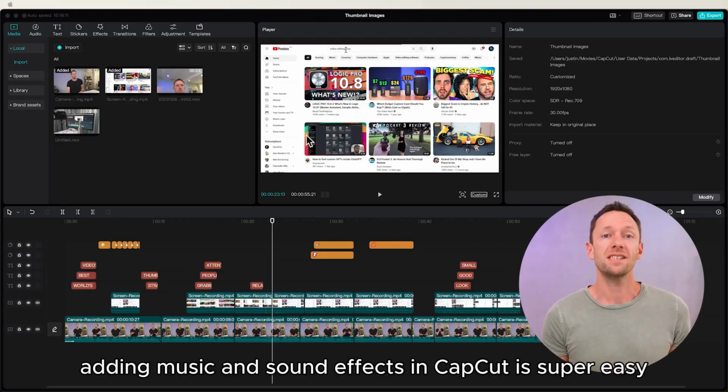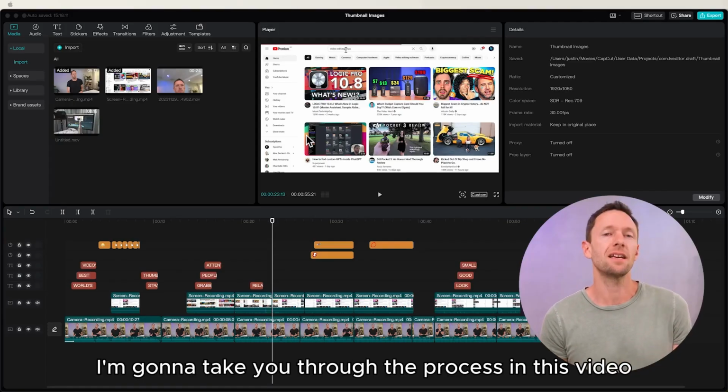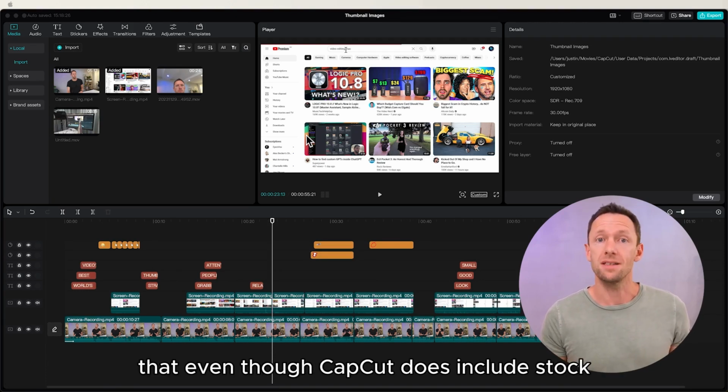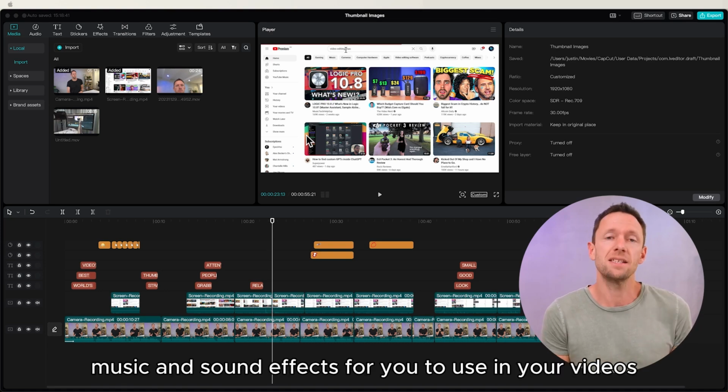Adding music and sound effects in CapCut is super easy. I'm going to take you through the process in this video. But I want to stress up front that even though CapCut does include stock music and sound effects for you